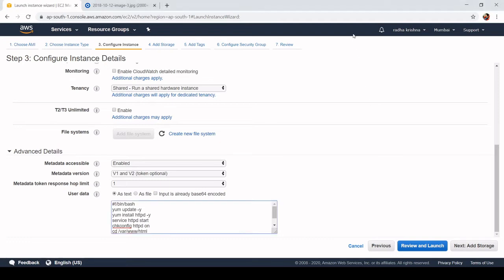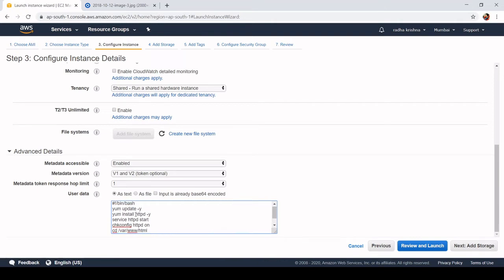I'm keeping defaults as it is, and we can see here this is the script, user data, and this is called Shebang, which means it represents the interpreter. That means this bash shell is going to convert these commands into machine understandable language.